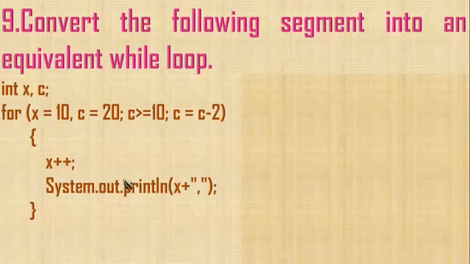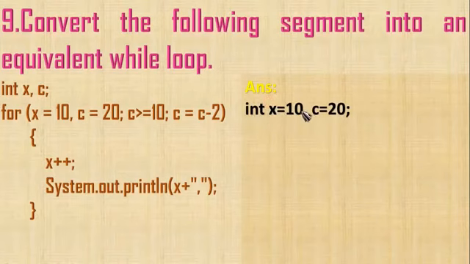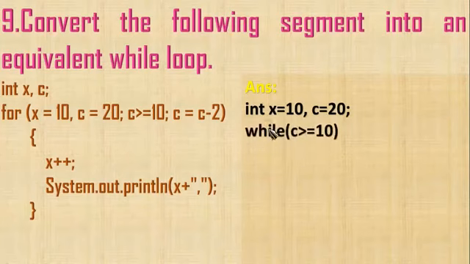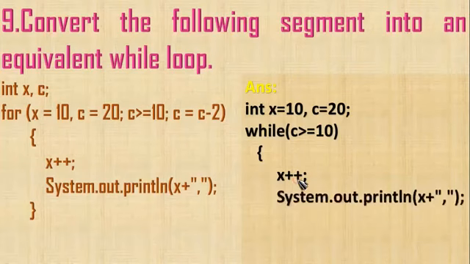So when we write this in the while loop, we write it after these two statements. We cannot initialize inside the loop, so we initialize here itself: x is equal to 10 and then c is equal to 20. Then the while loop, the condition is given there. Then open the braces, x++ and the printing statement, both are given. Now the increment or decrement part is given there, and then the loop is closed.